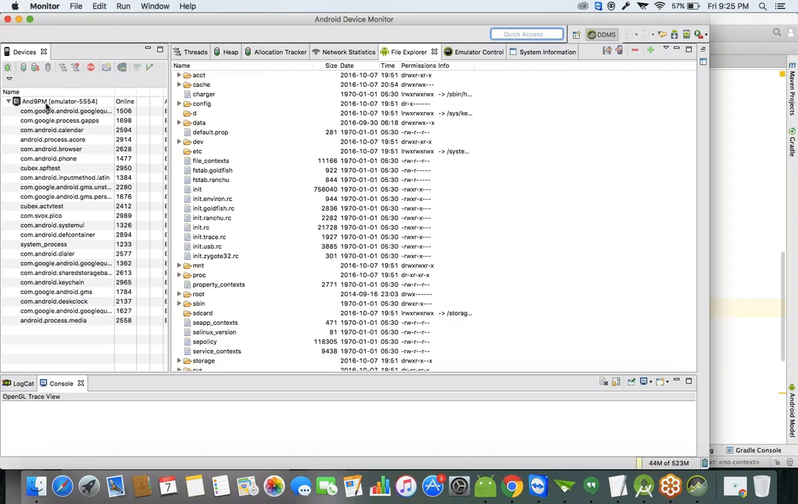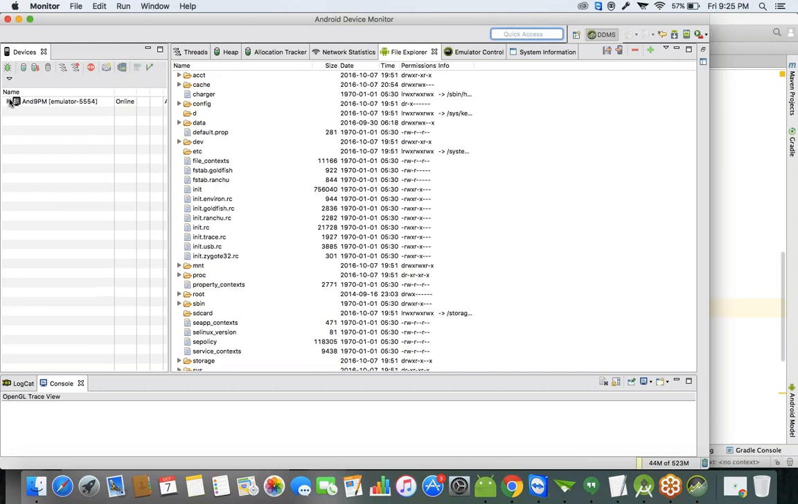At the left side, how many devices are available? You will get the devices list here at the left side. You can select any device, whichever device's data you want to see. You can select that particular device, and here in File Explorer,